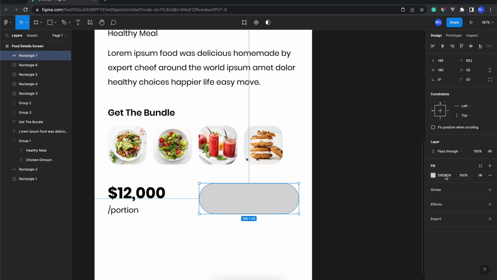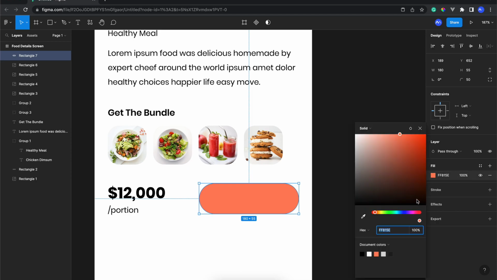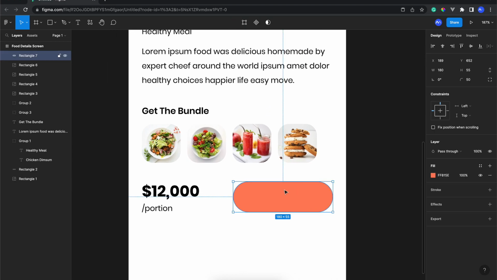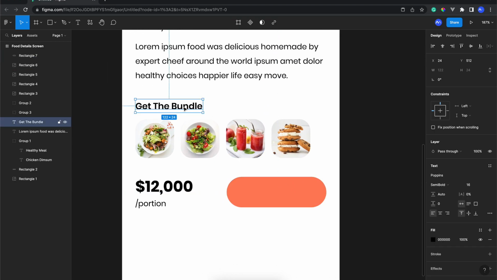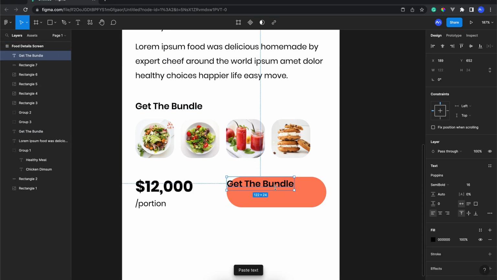Okay, so the next one, we're going to change this button color. I prefer maybe orange, because orange is really good for this food application. Maybe if we just use blue color, it's not suitable. Well, maybe purple is still good, right? But I'm just gonna use this orange. Next one, we just select this get the bundle header, and we just paste here.